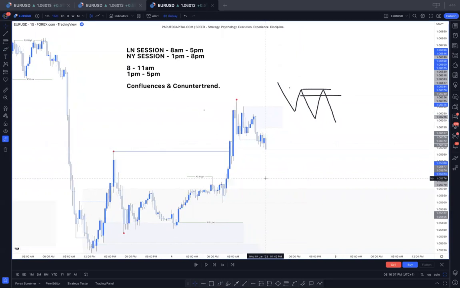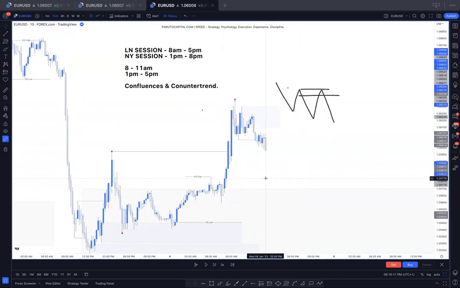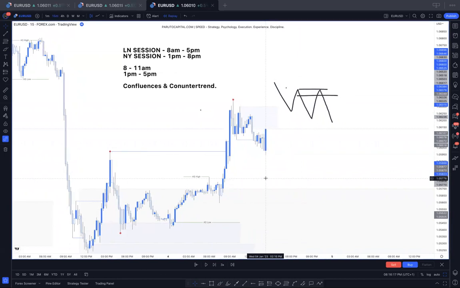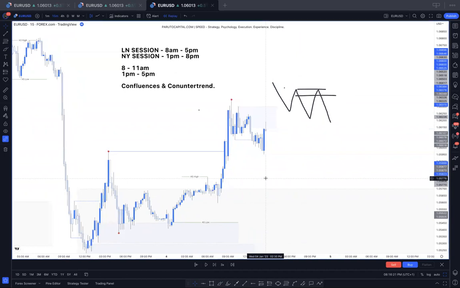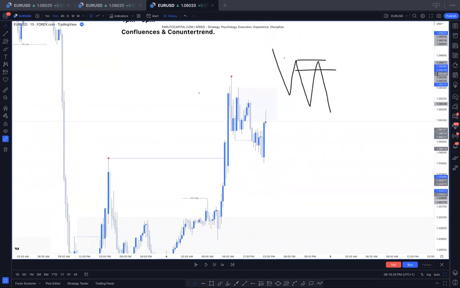Okay, 1:30 p.m. UTC +1. 1:45 p.m. Okay, price still hasn't returned to the zone, so no trade yet. 2 p.m. Okay, 2:15 p.m. It seems price is going to return to our zone. So we're excited because we know we might have an opportunity. And then bam, 2:30 p.m. price has returned, has mitigated or is now retesting